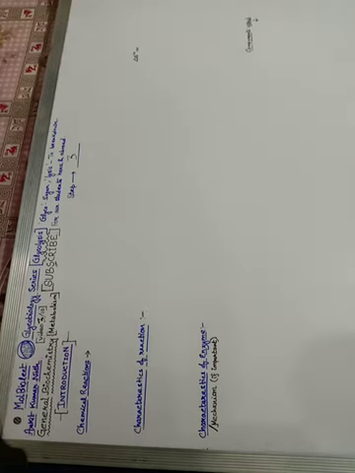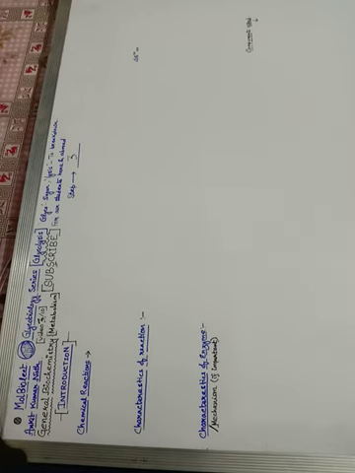Today I am talking about step 3 of glycolysis, and it is a very important step because in this step phosphofructokinase is involved in the conversion of the fructose 6-phosphate that I have dealt with earlier to fructose 1,6-bisphosphate. So this step is very much important, so let's see why.